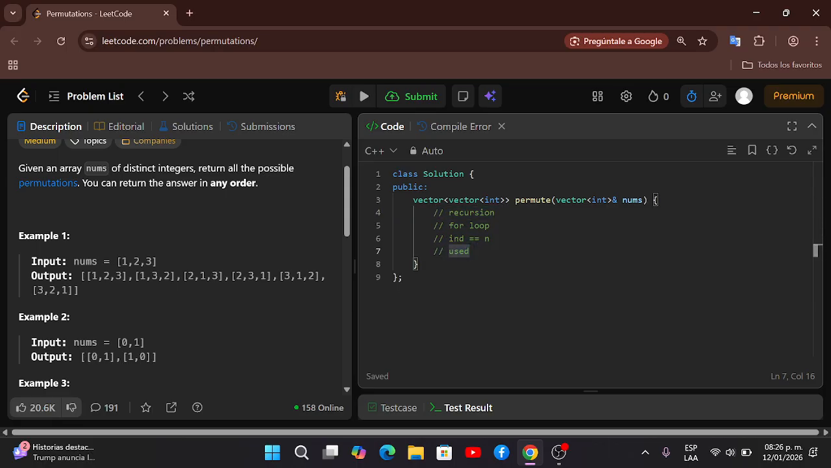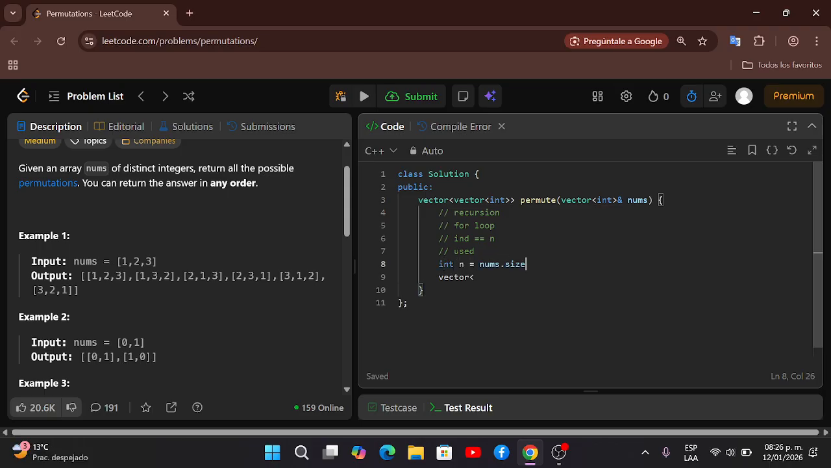Okay, so first I'm going to declare n as the length of the nums. And I'm going to declare the use array. The use array is going to be of size n, and initially with false values. So we are going to return a vector of vector of int. So I'm going to declare my ans. Okay, this is my ans,